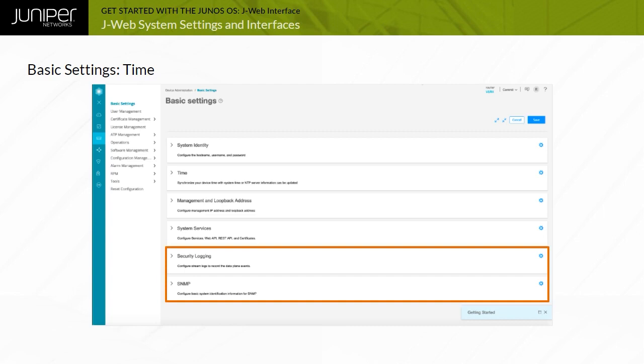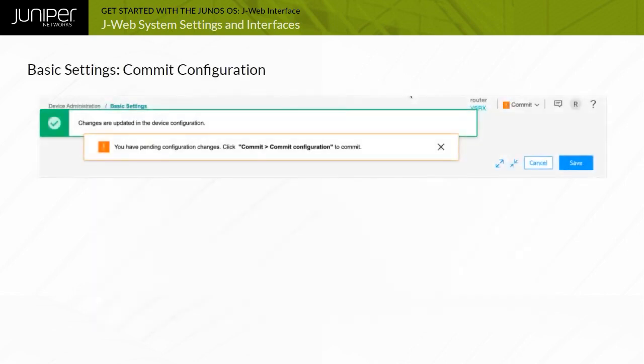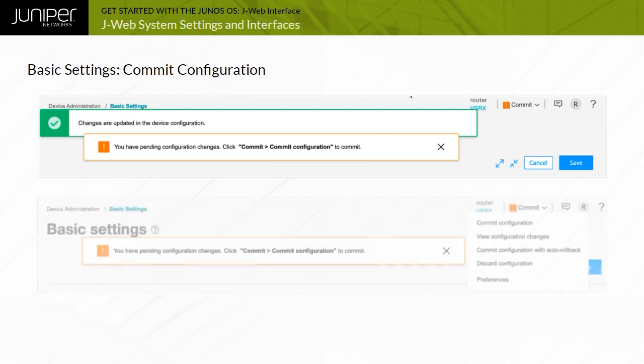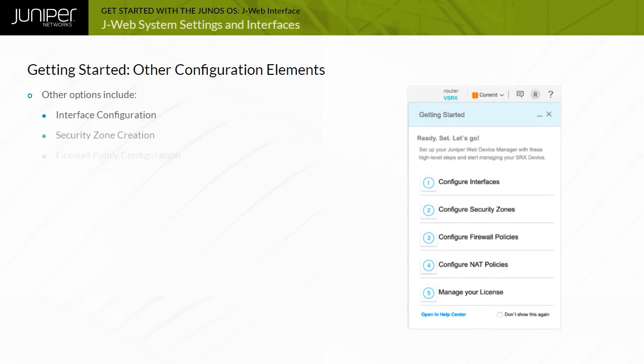and SNMP. When all the needed basic settings have been specified, you should save them by using the Save button that is located at the top of the page, as shown here. The JWeb interface then highlights the Commit icon. To commit the configuration changes made, click the Commit icon and select the appropriate commit option from the drop-down menu, as shown here. The Getting Started guide offers to lead you to the various configuration areas that involve the elements